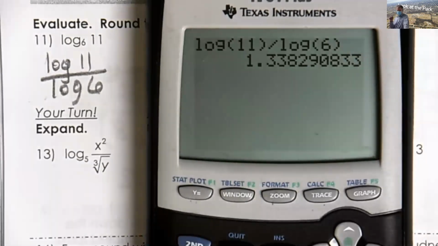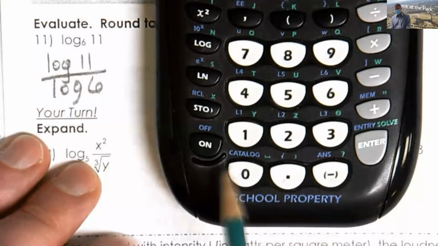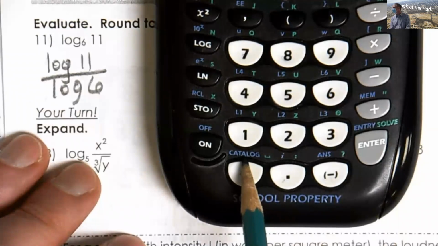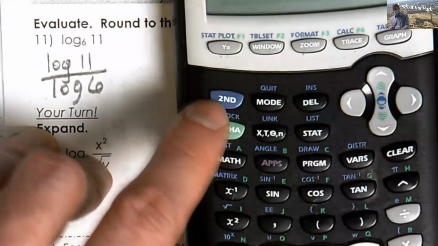Now, these calculators do cost $100. Can't they do this change the base thing? And the answer is yes. They can change the base. And there's different locations that we could find this in. But where I usually find mine, you've got catalog down here at the bottom. Catalog. So it's written in blue. So you have to hit your blue button first. Second,